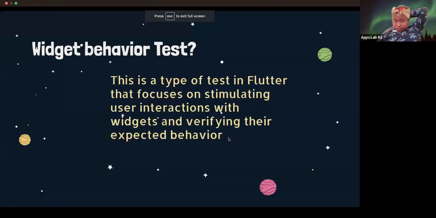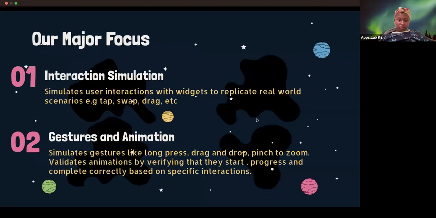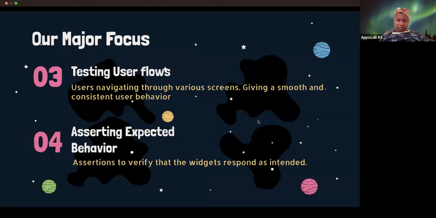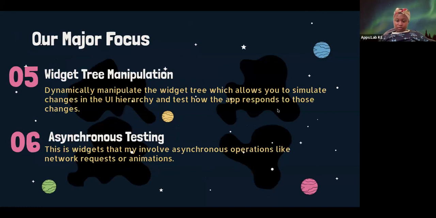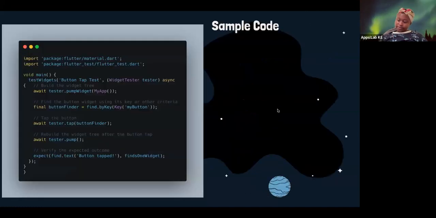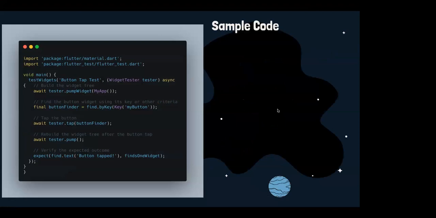I'm just understanding what the behavior test is, but I think you guys get the whole gist of it, and I believe that's correct. Do we have any more questions? Yes, no, yes, no, no, yes. By the way,